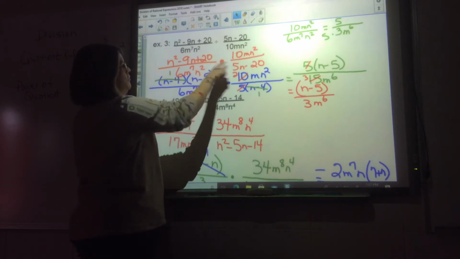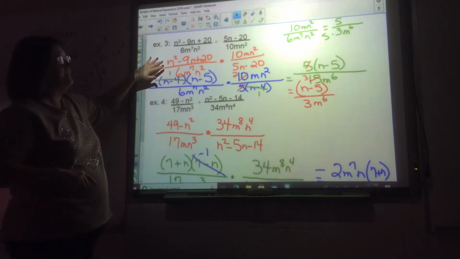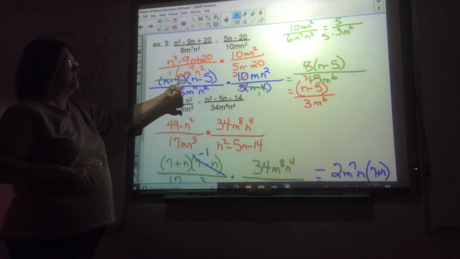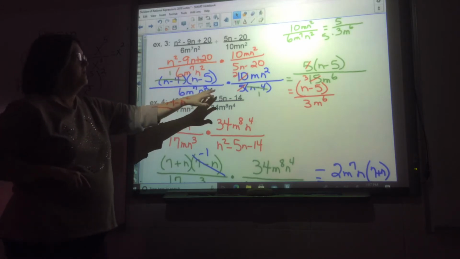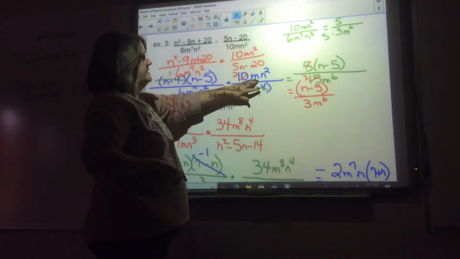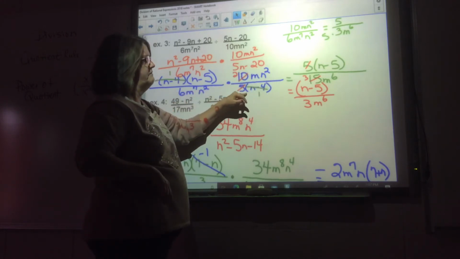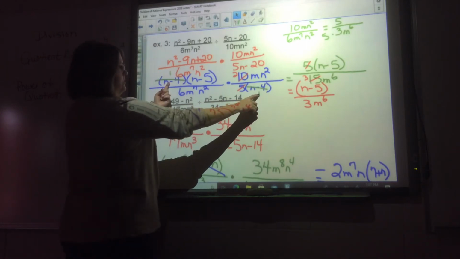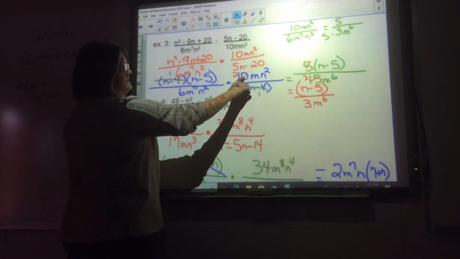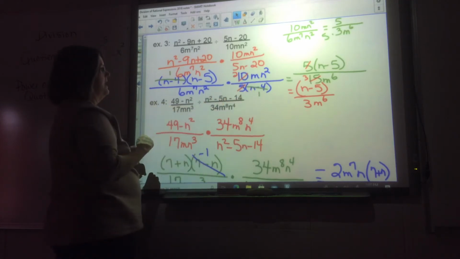All right, now once we flip this fraction, we're going to factor. N squared minus 9n plus 20 is n minus 4 and n minus 5, and I left this alone. 10mn squared does not factor, and then 5n minus 20 has a GCF of 5. All right, now, the n minus 4s cancel out. The 5 goes into the 10 2 times. And so then I have